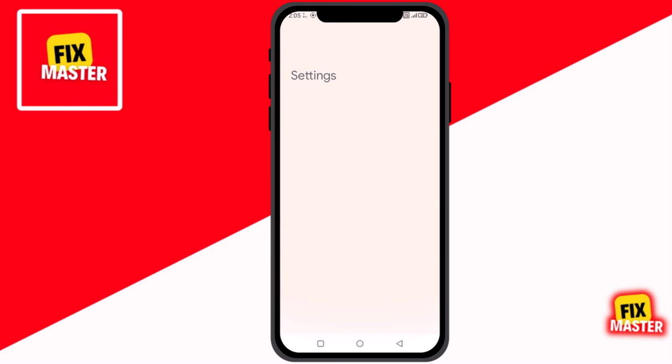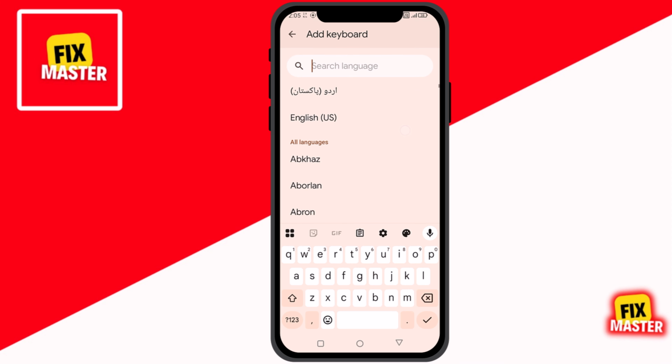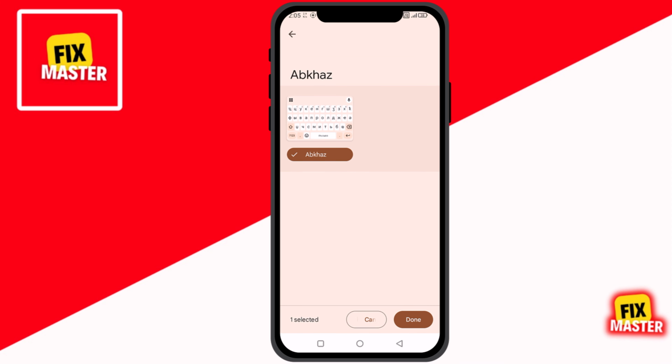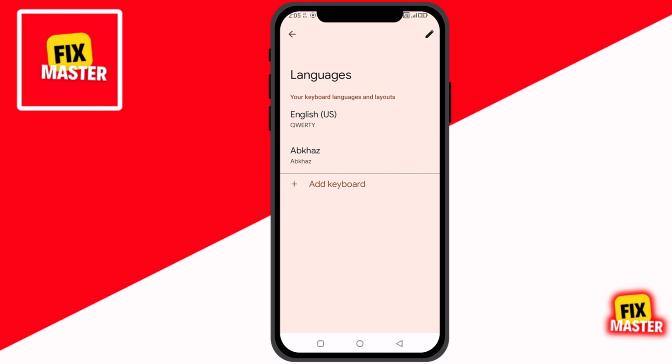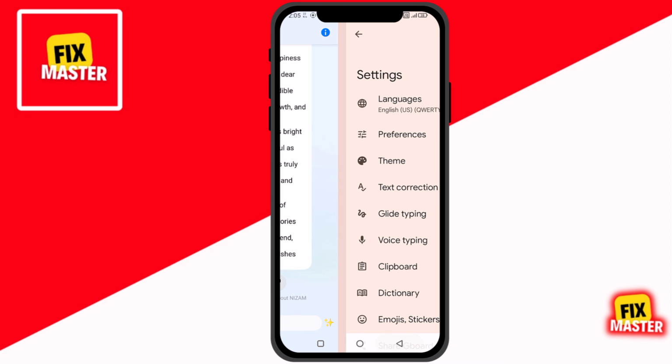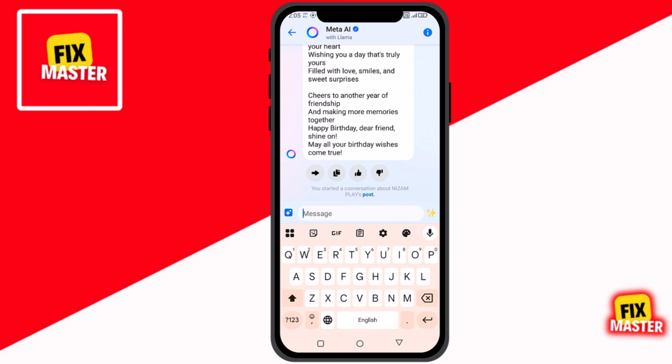Tap that. Inside the keyboard settings, look for languages and tap it. At the bottom, hit Add Keyboard, then search and pick the language you want your messages translated into. Spanish, French, or anything else. Tap Done to save. Now, head back to your chat, tap the text box again, and this time tap the